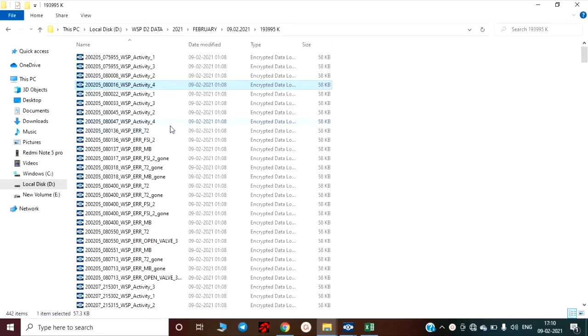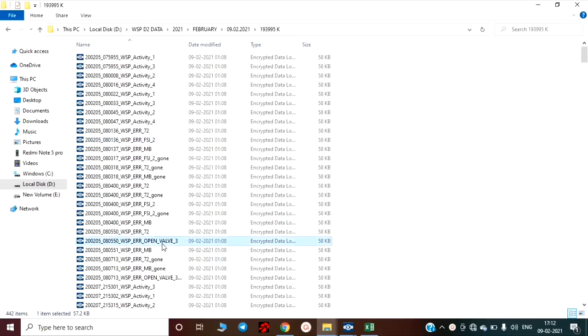The second file is WSP error MB. It indicates the presence of an error in a component monitored by the MB card. In case of an error analysis, both these files can be ignored. The errors we need in case of analysis are speed sensor errors and dump valve errors. NOR represents a speed sensor error by the name FSI. Thus, a WSP error FSI2 means an error in the speed sensor of axle number 2. WSP error FSI3 is an error in the speed sensor of axle number 3.